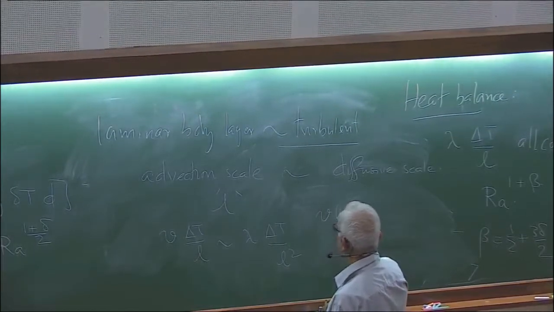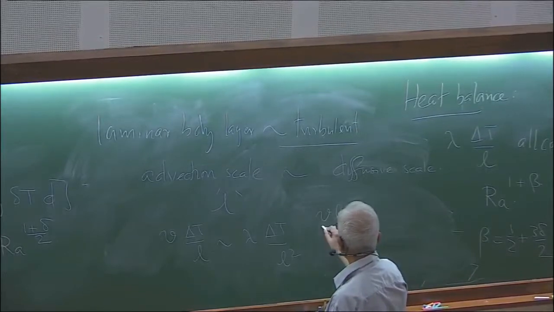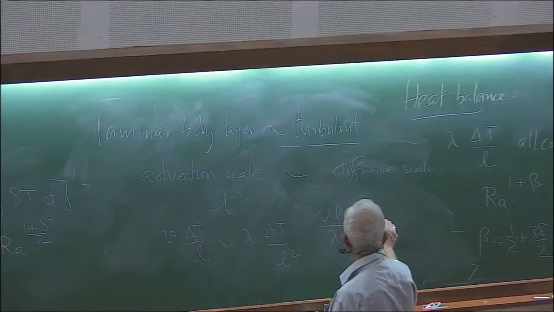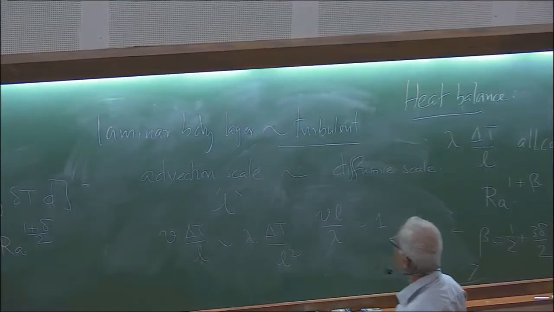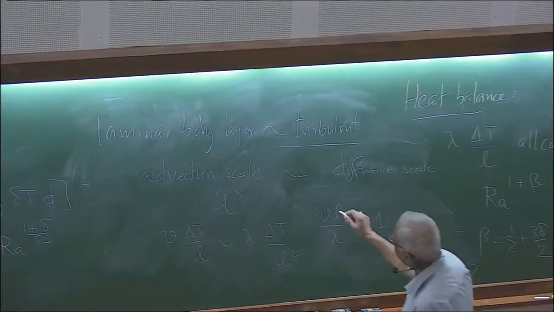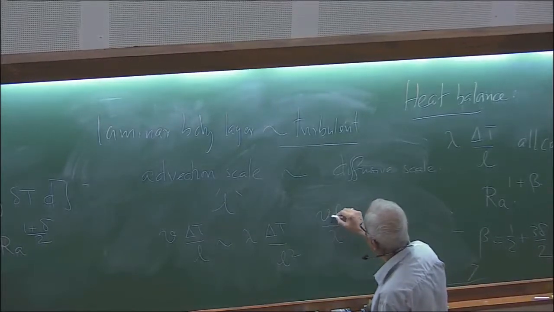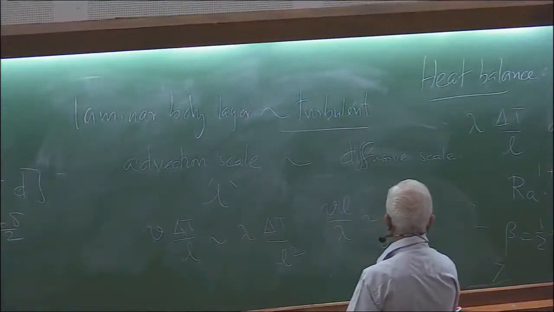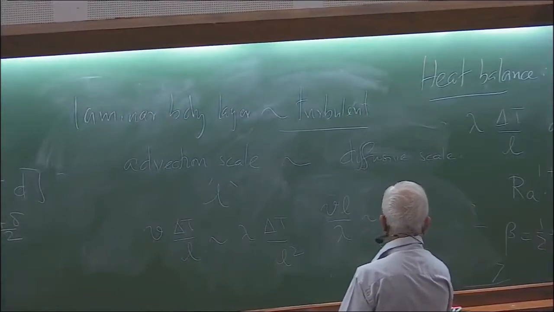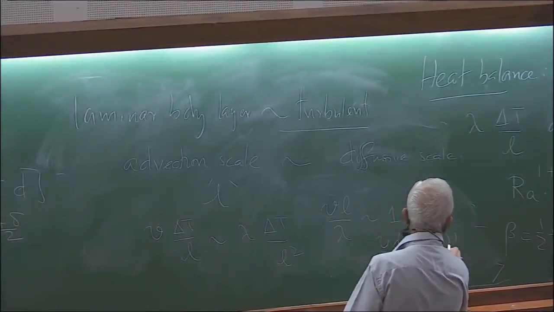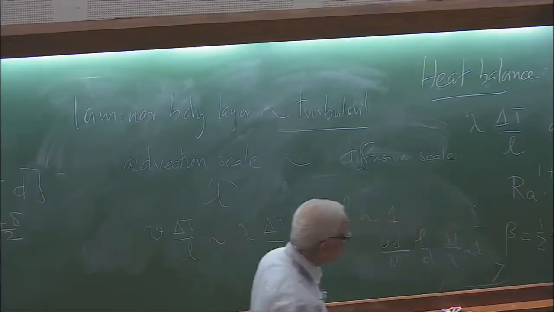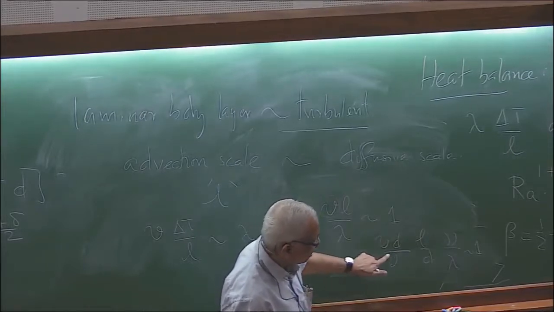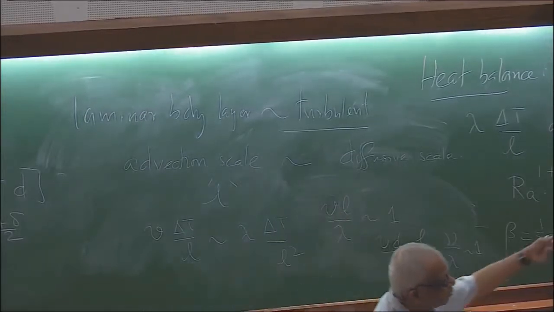V times L over lambda. That's of the order of unity. So it is VL over lambda, order of unity. This V, once again, one goes into business with the fact that you want to bring in the nu, you want to bring in VL over nu, and nu over lambda, that's of the order of 1. So here is your Nusselt number, here is your Reynolds number, here is your Prandtl number, giving you another